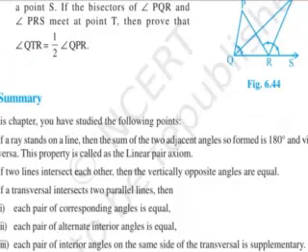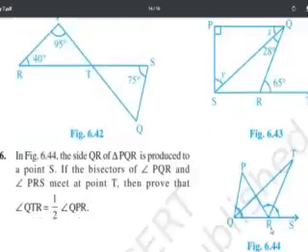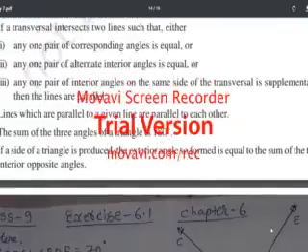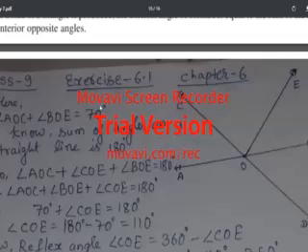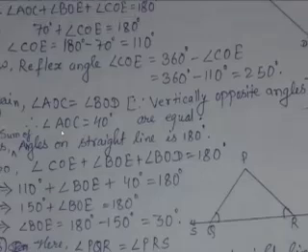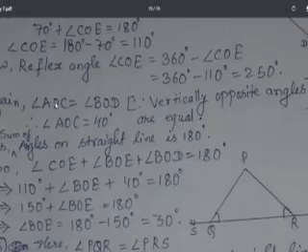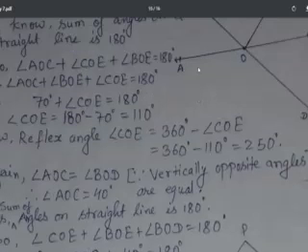So, in the first question, of course, in the solution itself, it has been shown. The figure is just like this, okay? Where AOC plus BOE value is given, that is 70 degrees, and of course BOD value is also given, that is 40 degrees. BOD is equal to AOC is equal to 40 degrees. That was given in the question itself, if you will see.